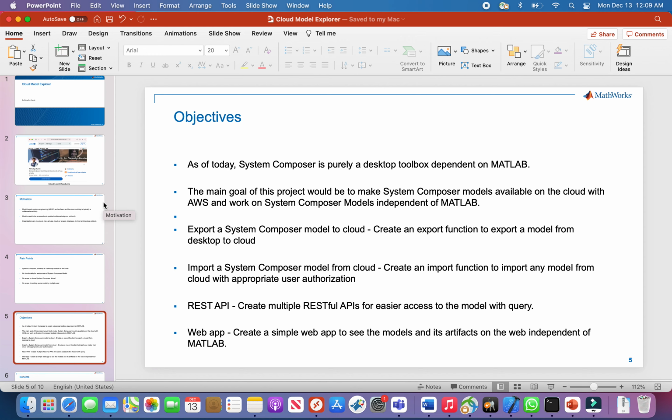Import a System Composer model from the cloud, creating an import function to import any model from the cloud with appropriate user authorization. RESTful APIs, creating multiple RESTful APIs for easier access of the model with queries. Web app, creating a simple web app to see the models and their artifacts on the web